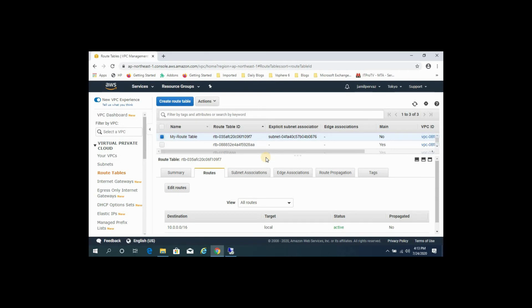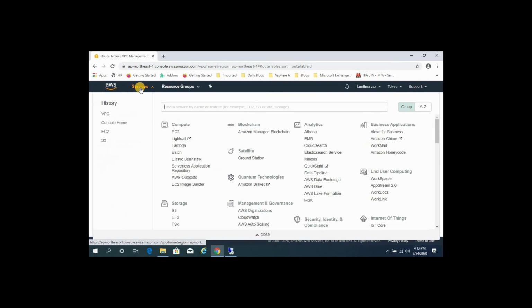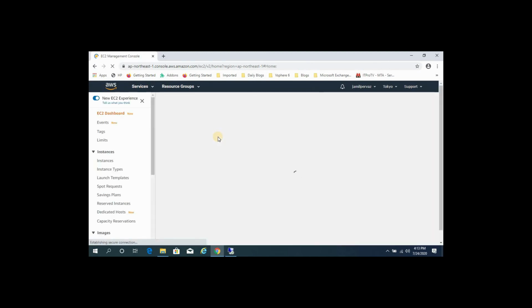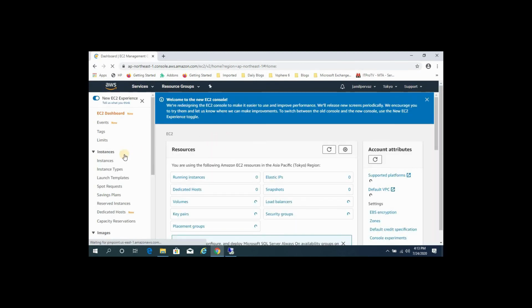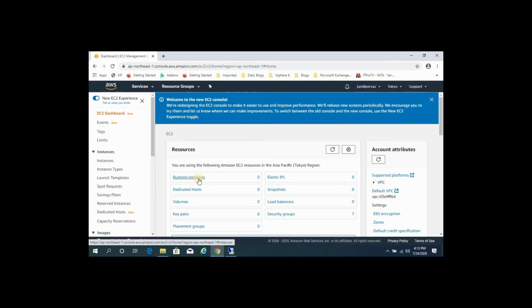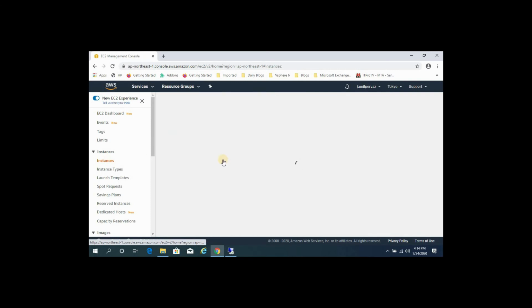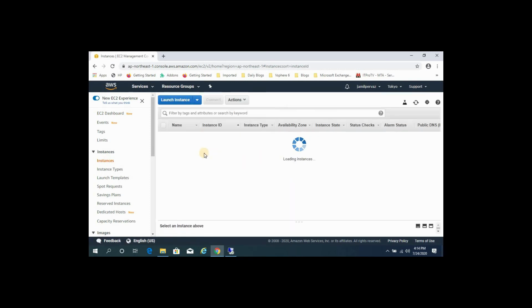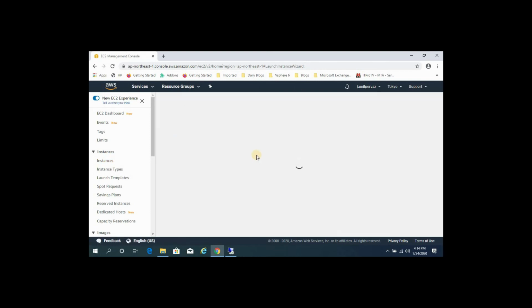Now we will create one EC2 instance and test. Click on Services, and under Compute, click on EC2. Currently we don't have any instance running, so select Instances, then select Launch instance.